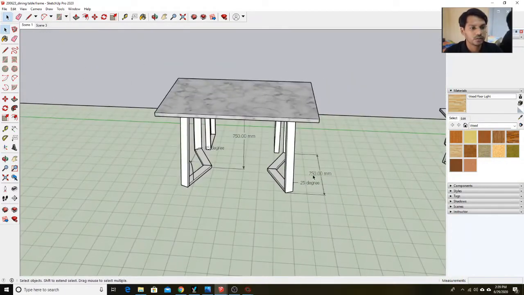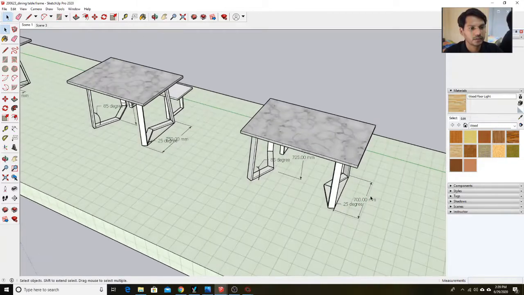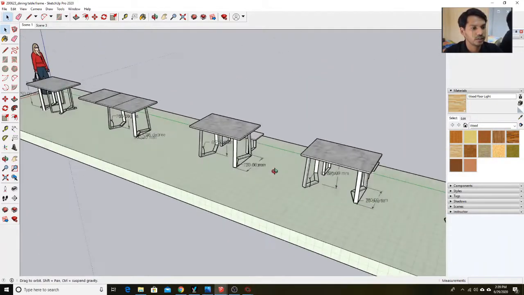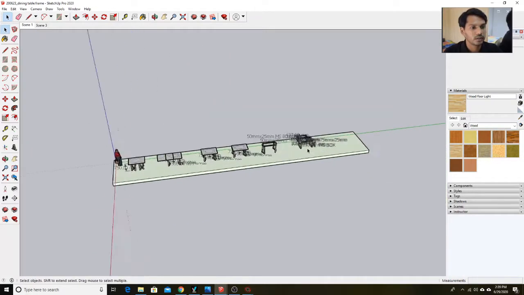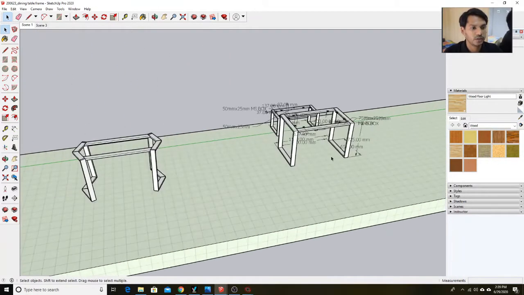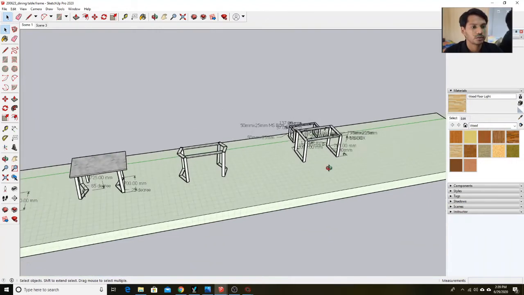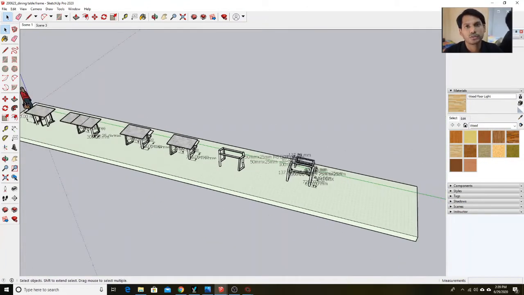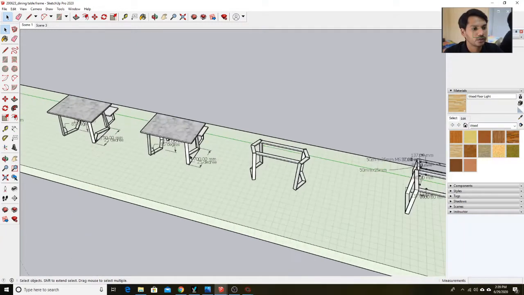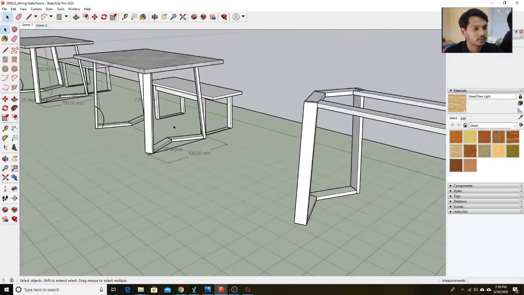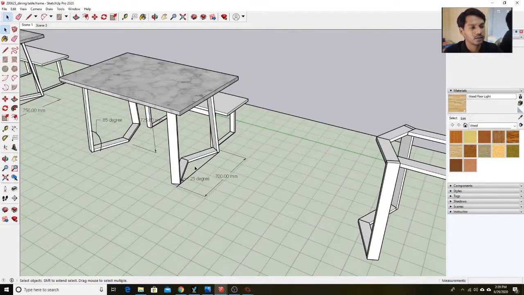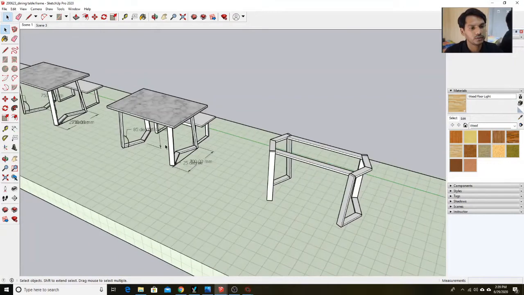So some are 750, some are 700. So these were a little bit of checking, and then they were checking if the furniture chairs fit in between these supports. I came to a conclusion that some of the things were not matching. So I tried reversing these legs something like this. Instead of the convex, I went into a concave kind of thing, and after doing that also,